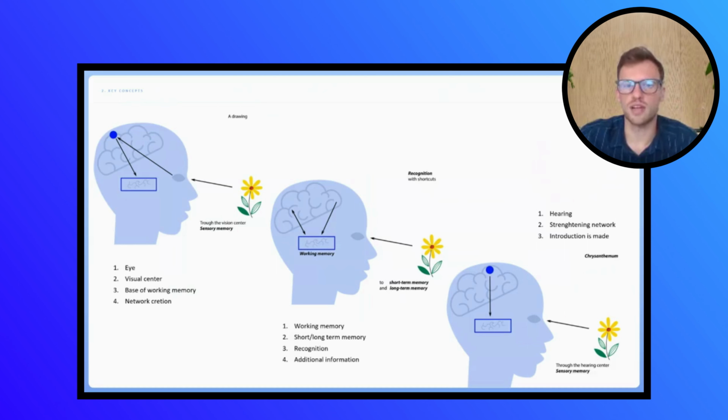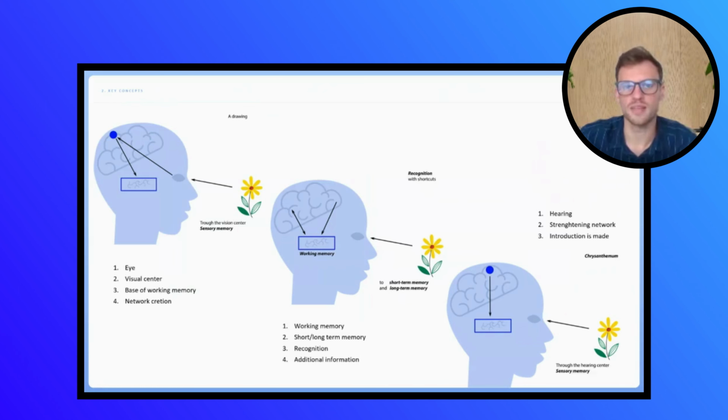Your working memory is connected to the short and the long-term memory. And a very fast connection takes place here so that you can quickly recognize information. However, you will only recognize that this is a flower and not what the name is of this exact flower. Therefore, you need additional information. This information needs to be presented to you within 30 to 60 seconds, or otherwise the picture will be almost completely forgotten. The name of this flower is now being mentioned,